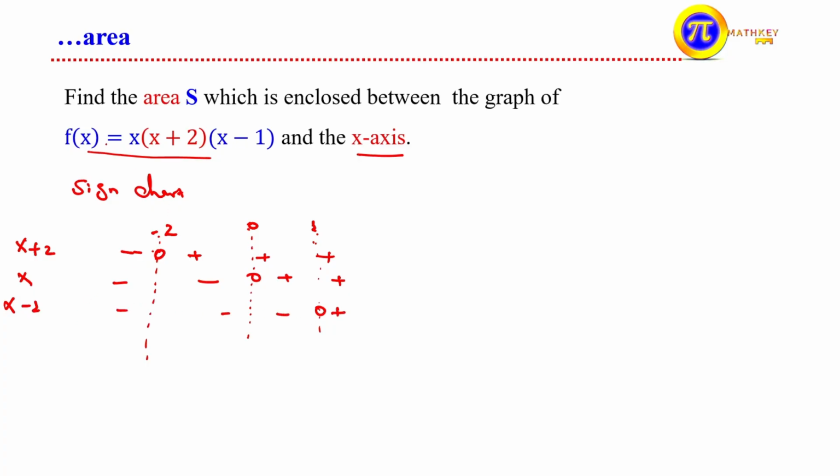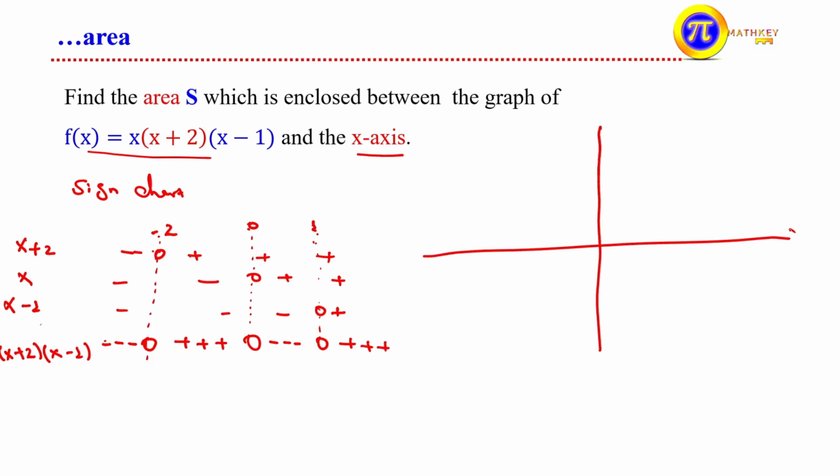Then finally take the product of these factors. This is x times x plus 2, times x minus 1. So the product of negative, negative is negative; 0 times anything is 0; positive times negative becomes positive. When you take 0, positive times negative is negative. When 0, positive times positive is positive. So the graph looks like this. You are familiar that a negative value shows the graph is below the x-axis, positive is above the x-axis, and 0 is on the x-axis. So by considering these intervals we can sketch the graph of our function.